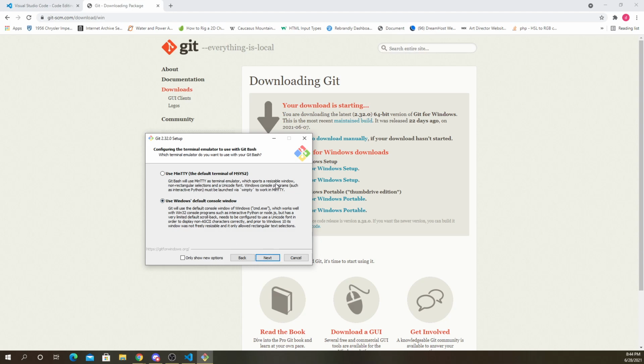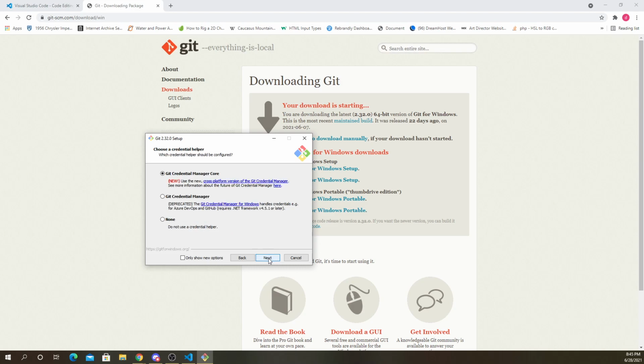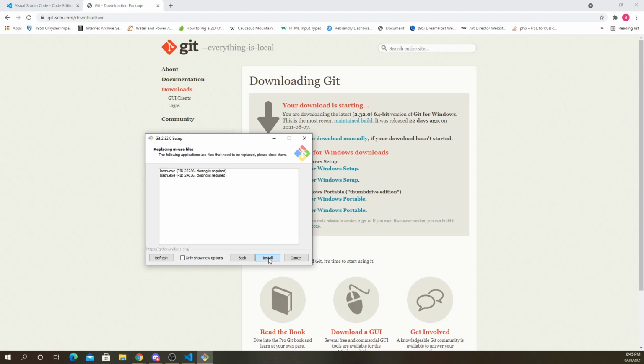let's see, this one here. For me, this MinTTY was giving me problems, so I like to use the Windows default console window. Actually, let's see, what else do we need to change? Leave all that, skip those, and then finally you'll install it.